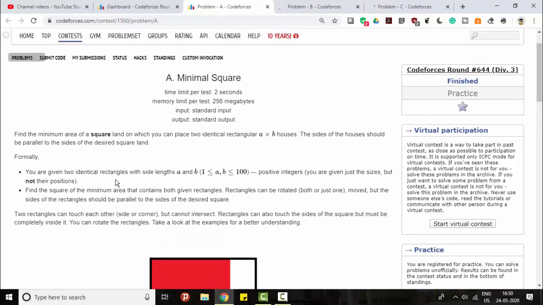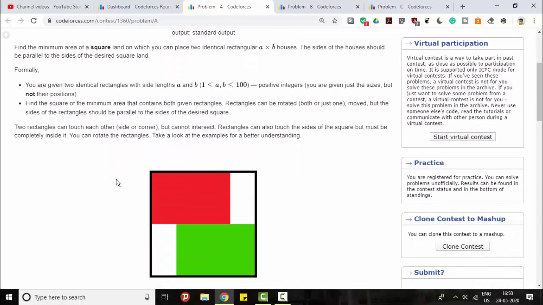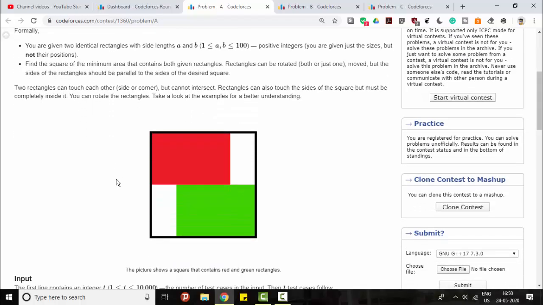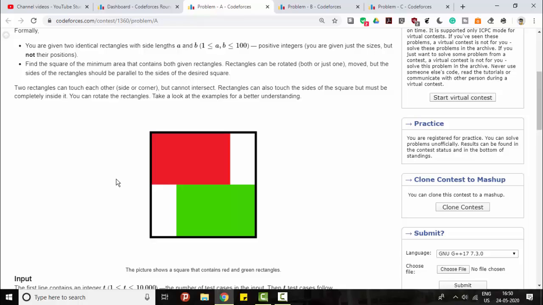I hope most of you might have solved this. Still, for those who want the solution, we have to fit two small rectangles in a bigger square, but the area of the bigger square should be as minimal as possible. So what would be the best technique to do this is we can stack up the two sides which have the